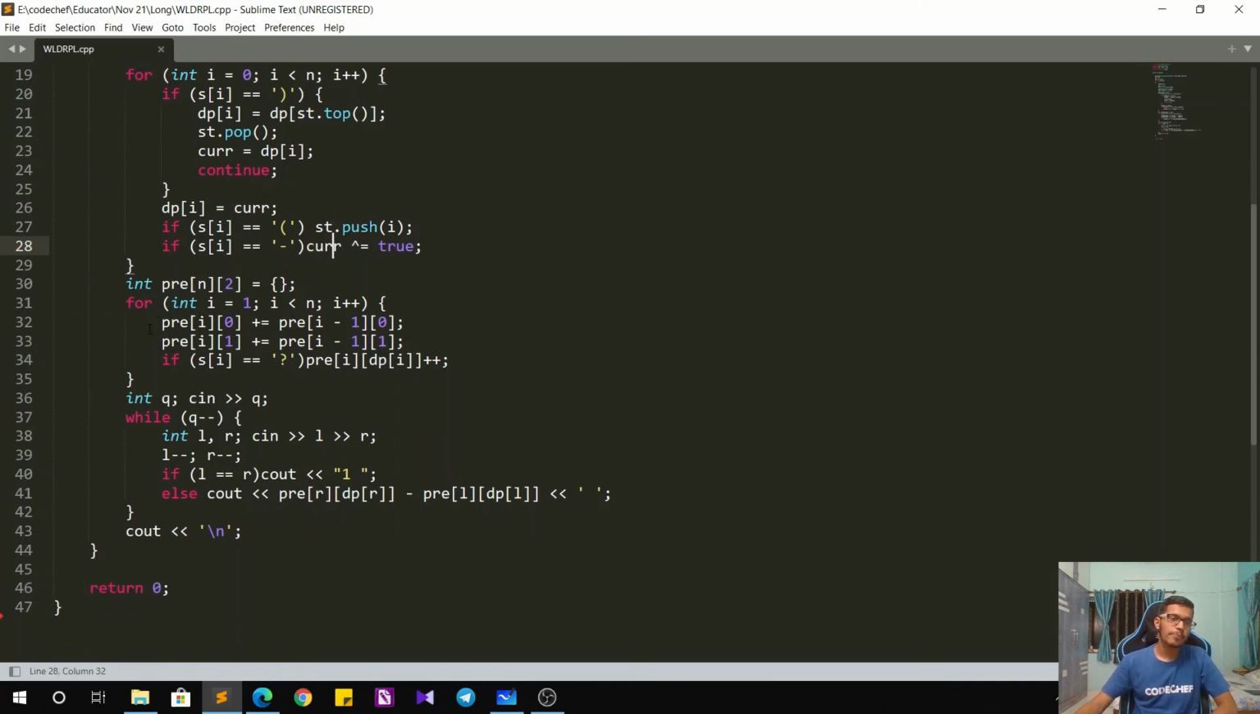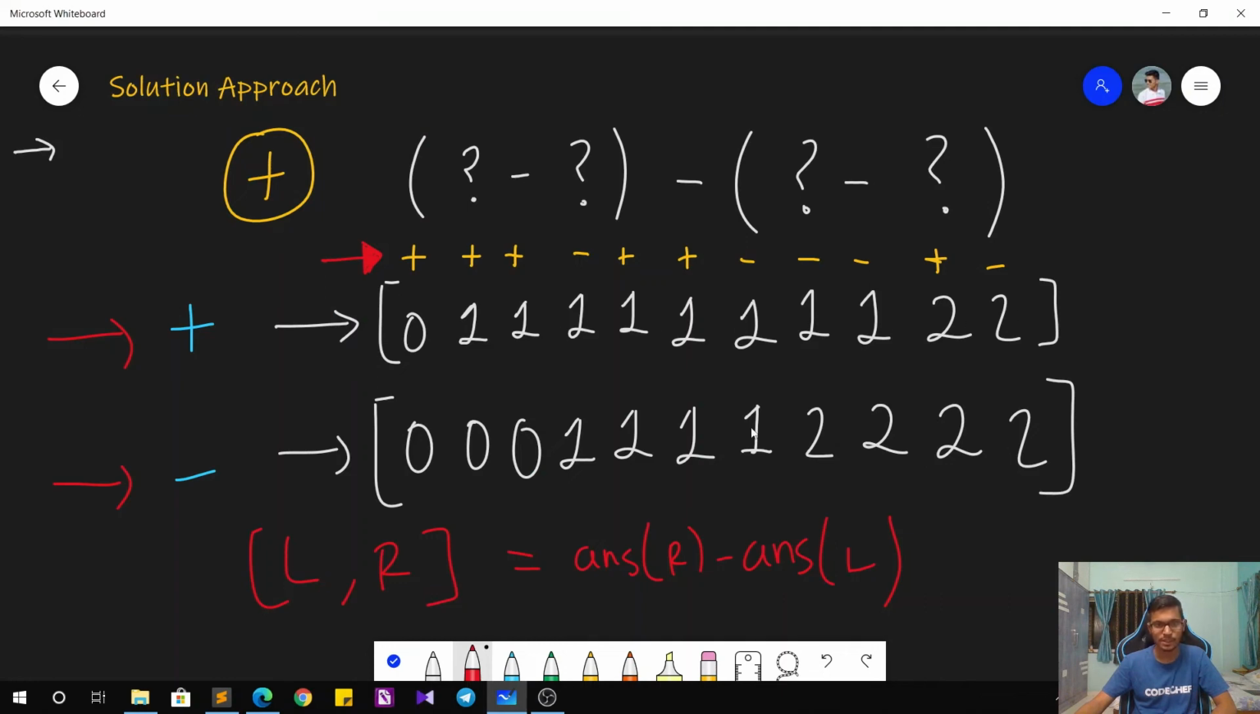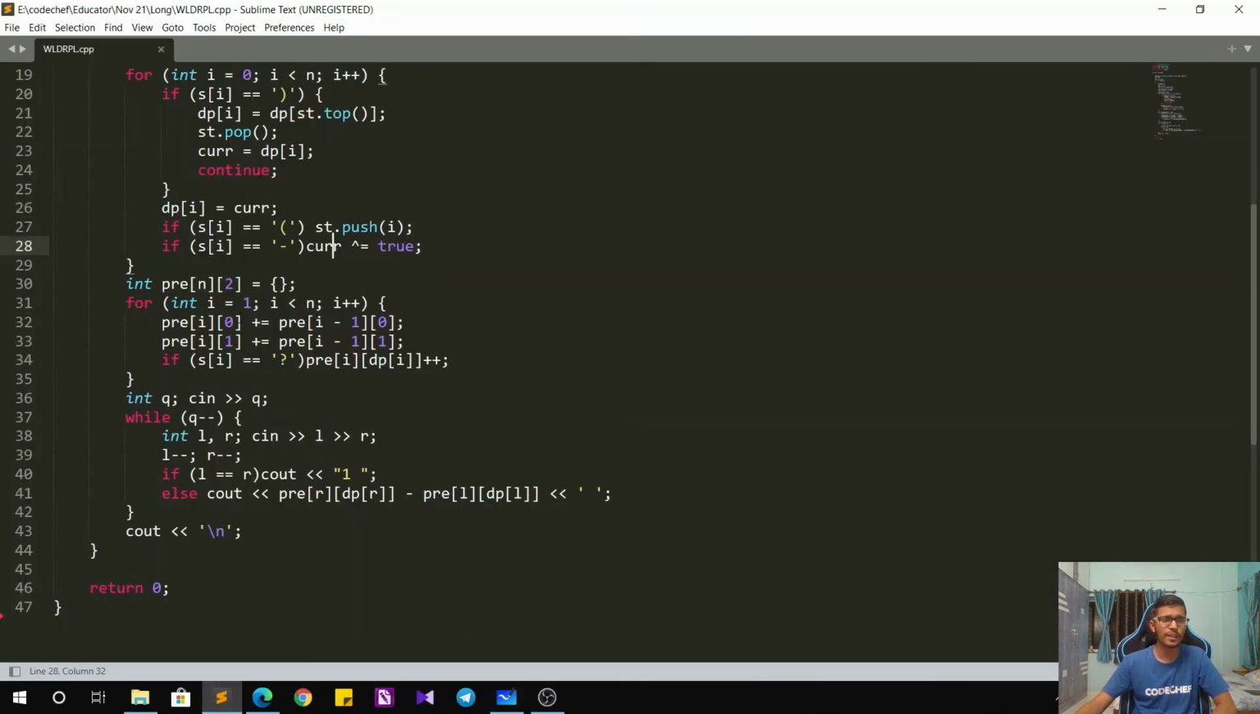After that, I have my pre-computation array. As we saw here, we have two arrays with us. The same two arrays are denoted over here with the name pre. So it is a 2D array. And then 0 and 1: this is basically the minus half, and this is basically the plus half. Okay, so 1 denotes dp of I is true, 0 denotes that dp of I is